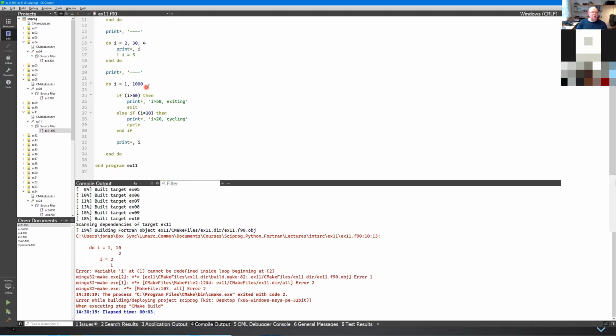And here you can see I loop from 1 to 1,000, and if it's greater than 50, I will exit the loop. So this loop should never go to 1,000. It should go to 50. And if we run this,